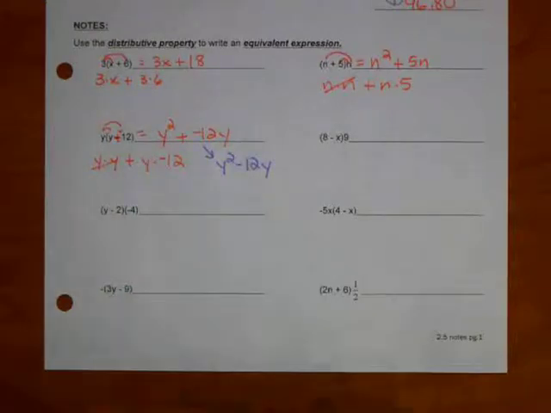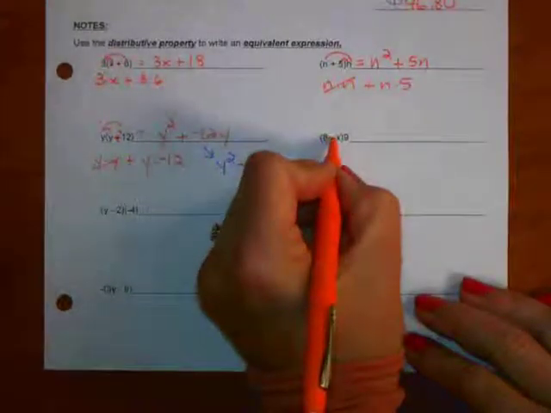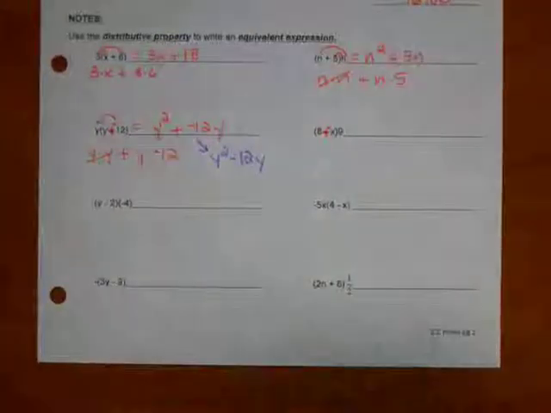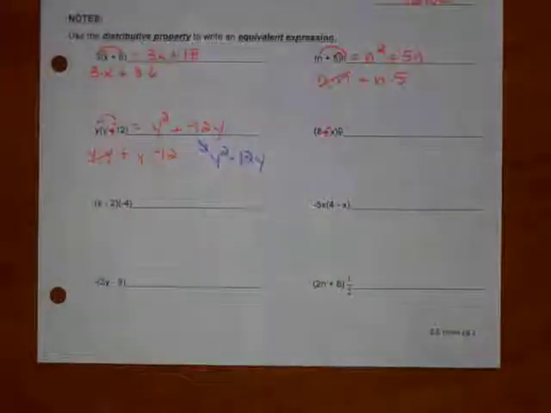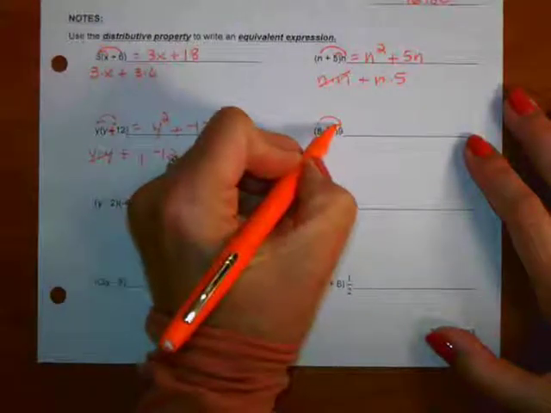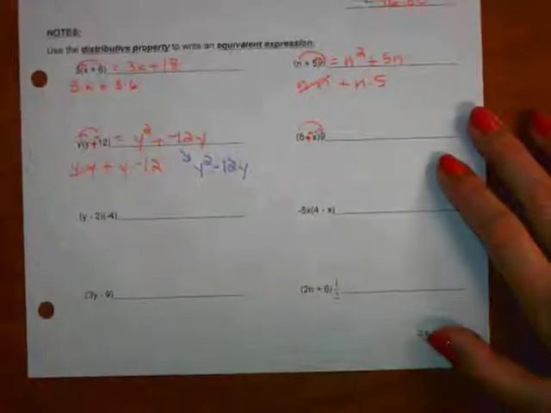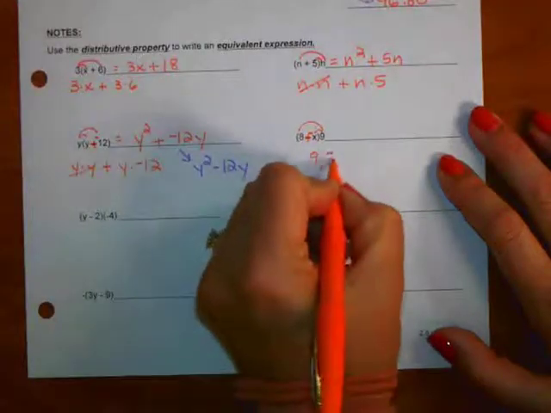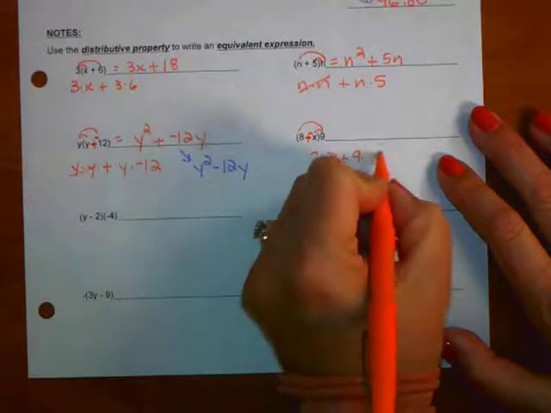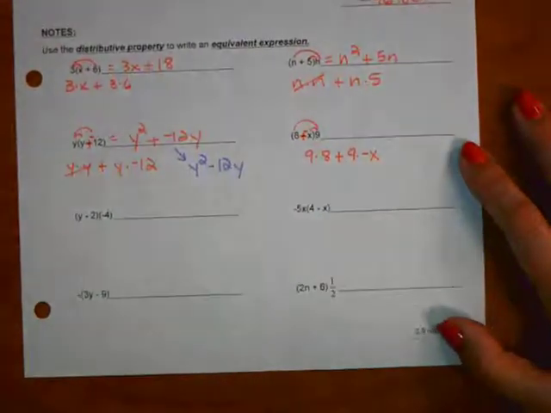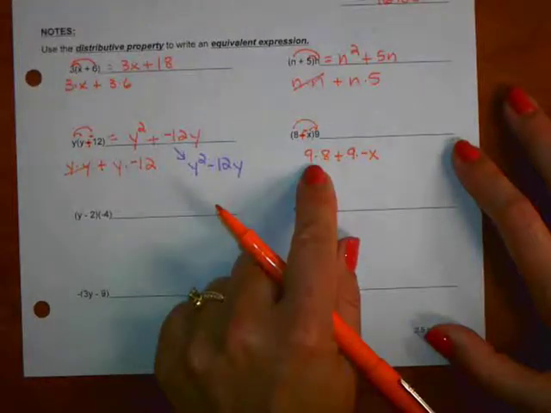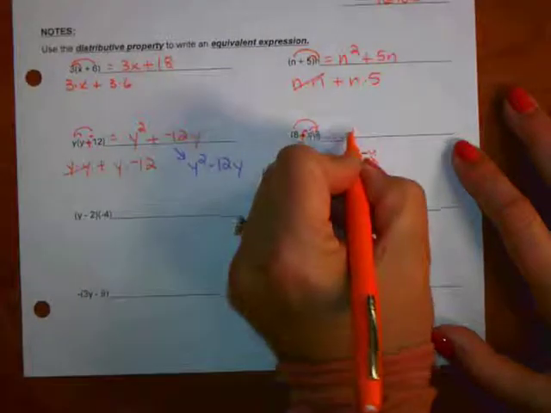All right, so here. Again, we have a subtraction. I'm going to change that to adding the opposite. Adding a negative. I don't know how your teachers before said it. It doesn't matter. And then, just because the 9 is over here doesn't mean I still don't have to multiply each thing. So I have 9 times 8 plus 9 times negative x. What's 9 times 8? 72